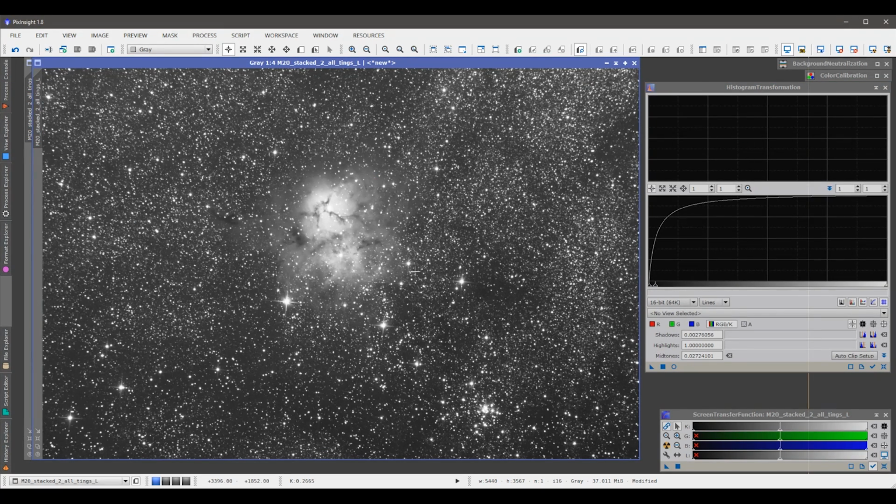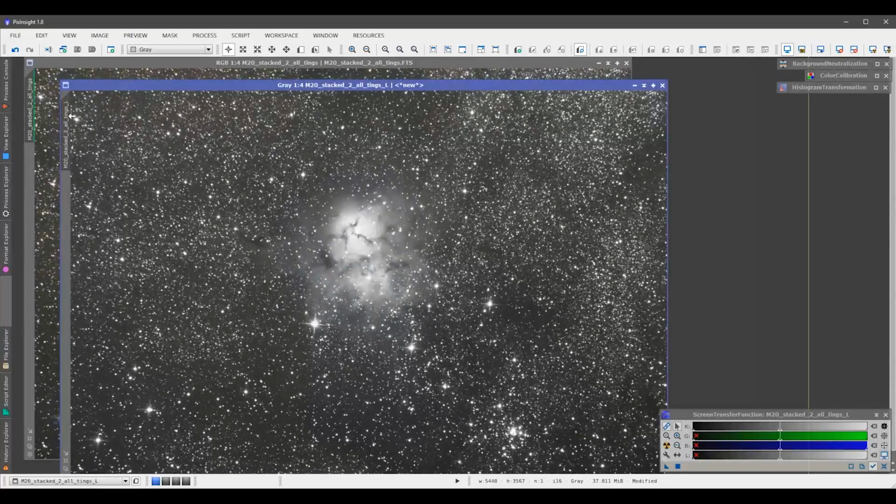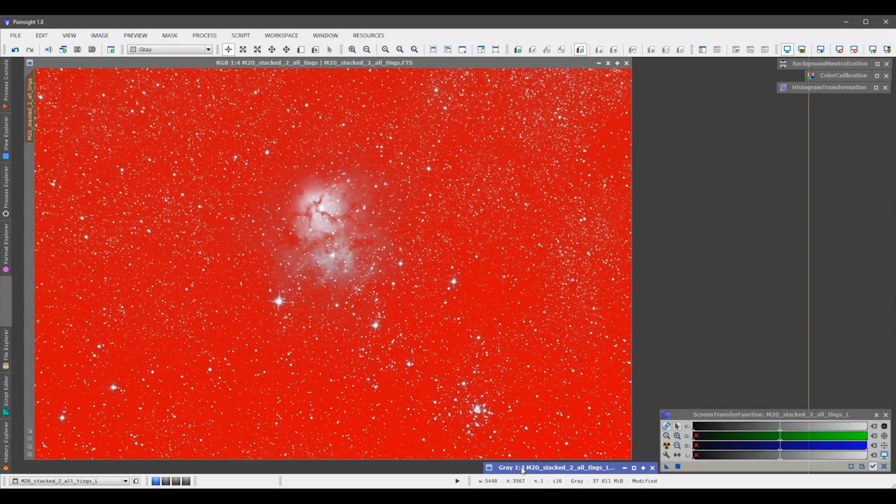So it doesn't look like anything's changed, but what we did is we just permanently stretched the mask, which is what we need. So I don't need that for now. And now to apply the mask, I can just drag it like this, and then minimize,